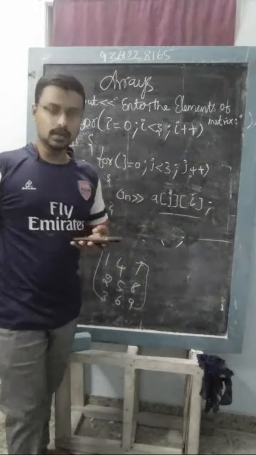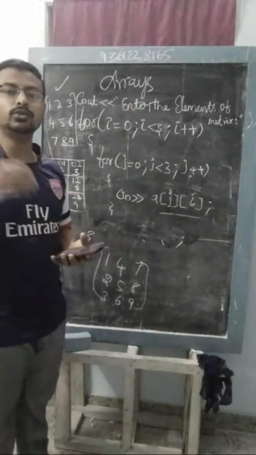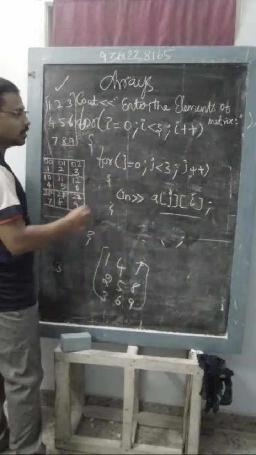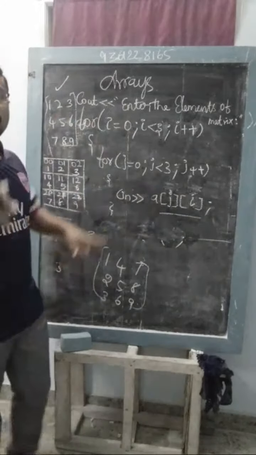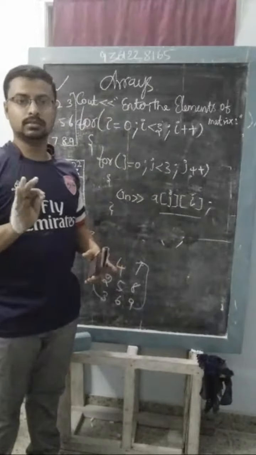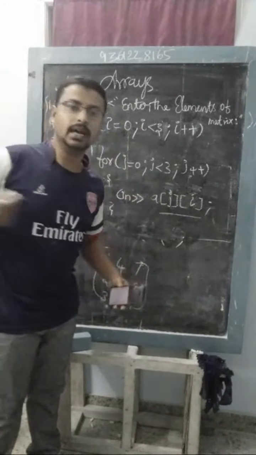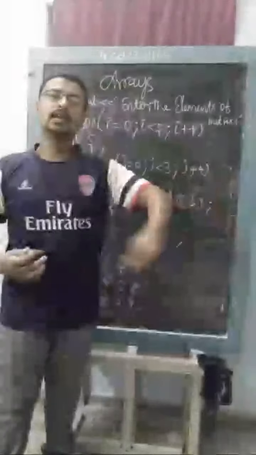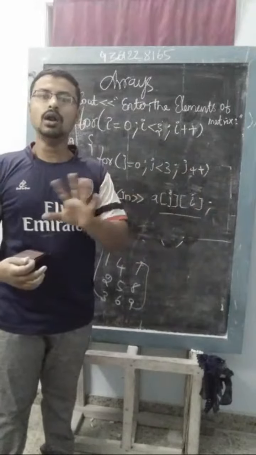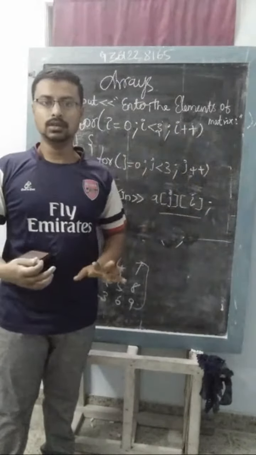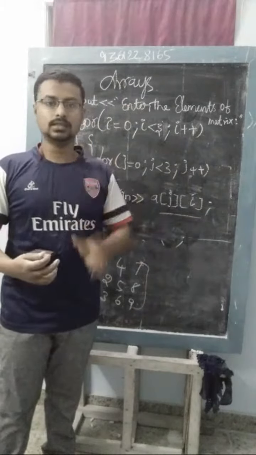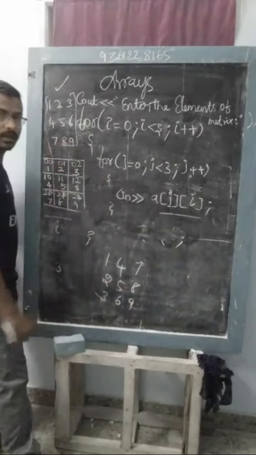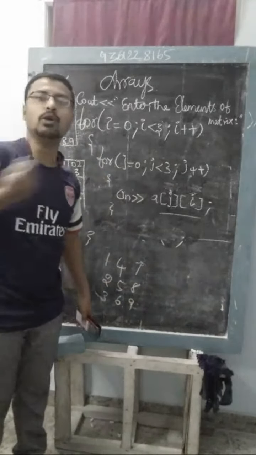No, you can't give it in the form of a matrix. You have to give it single element by element, but it will be stored into the memory. You can only display it like a matrix. You cannot give it as a matrix. You can give values single element by element only. You can display the matrix like that, but you can't give the values in the form of a matrix at a